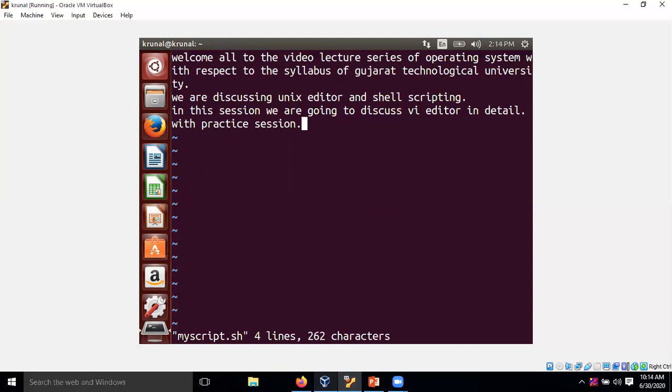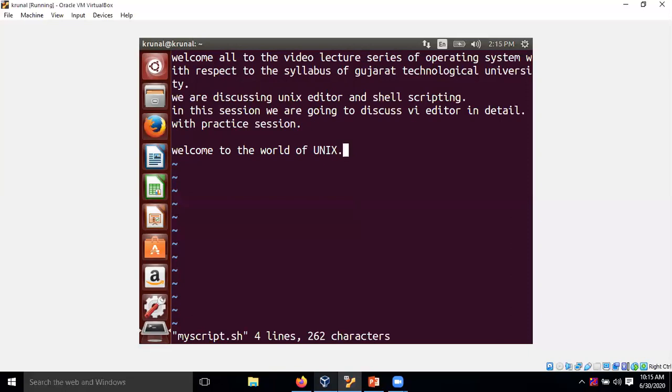So I'm going to press I on my keyboard, then press enter, and I will write something in it: welcome to the world of Unix. I have written it like this.